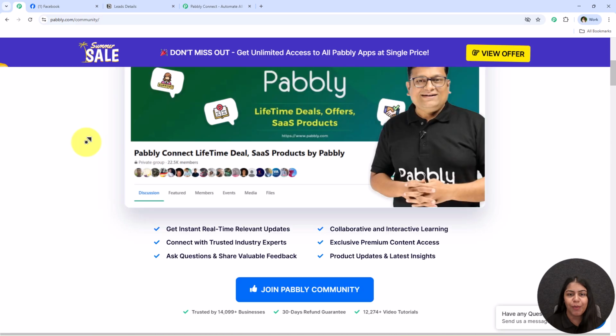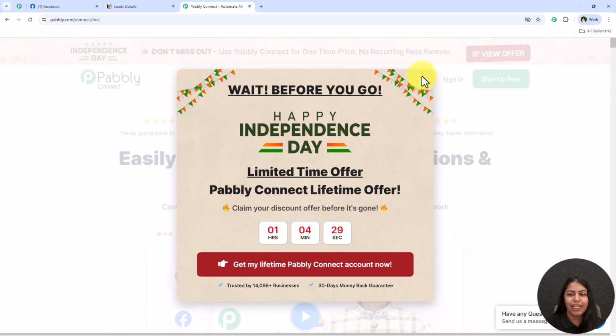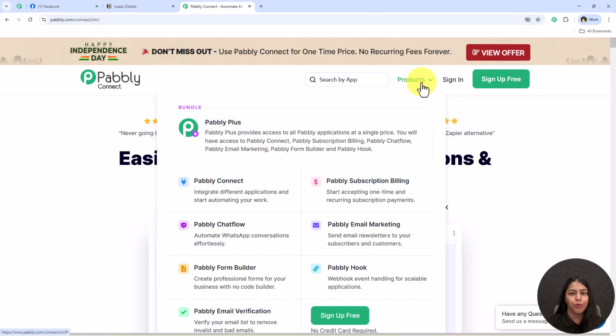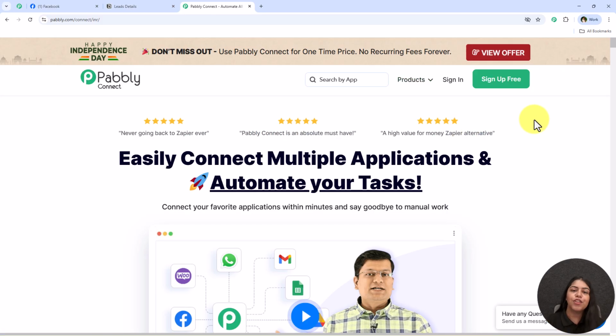Alright, I'm just going to go back towards the landing page of Pabbly Connect, and over here we're going to get two options. One is sign in and the other one is sign up for free. If you are a new user, you can simply click on sign up for free and you're going to get 100 free tasks every month to explore the application. But over here I'm an existing user, so I'm simply going to click on this button which says sign in,